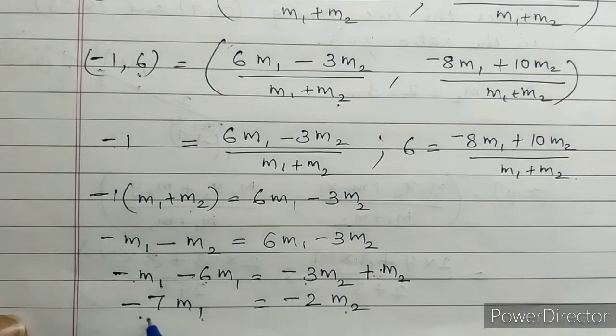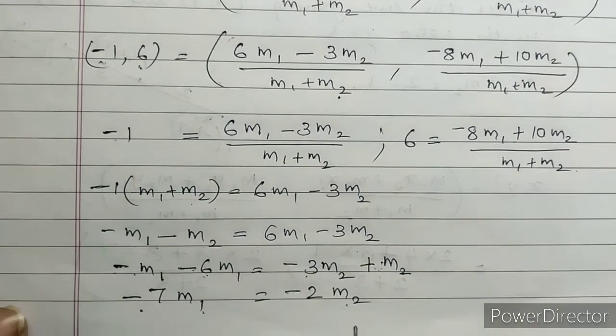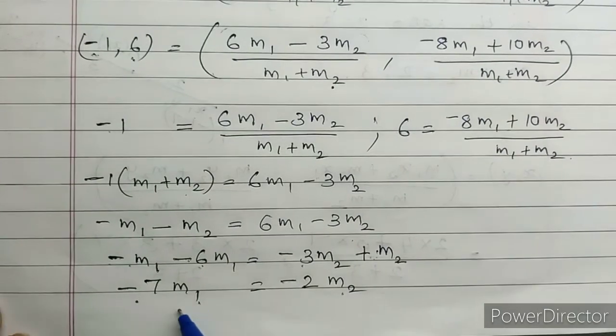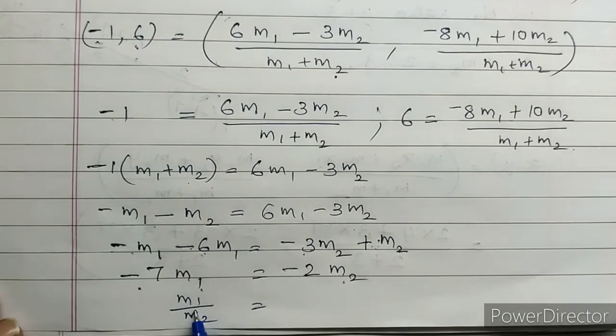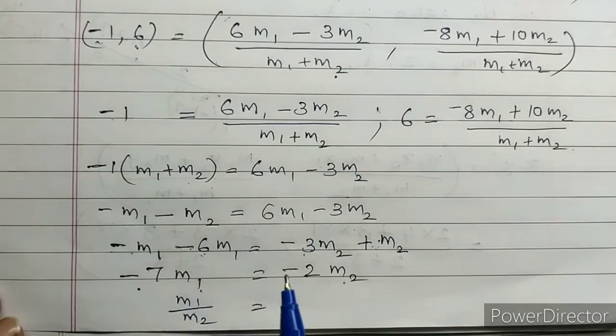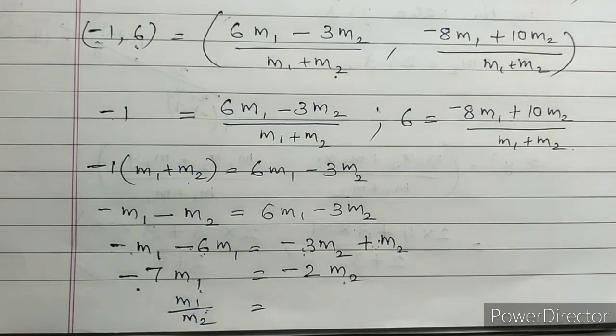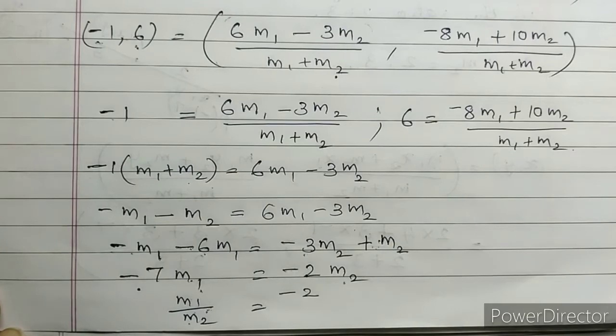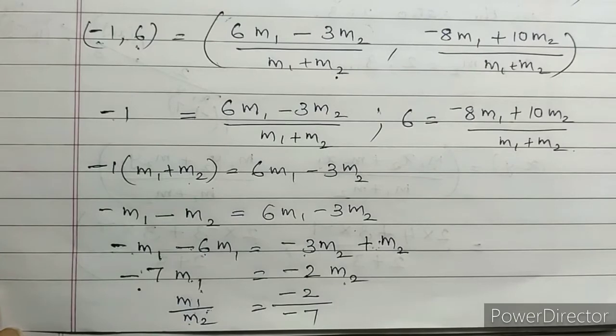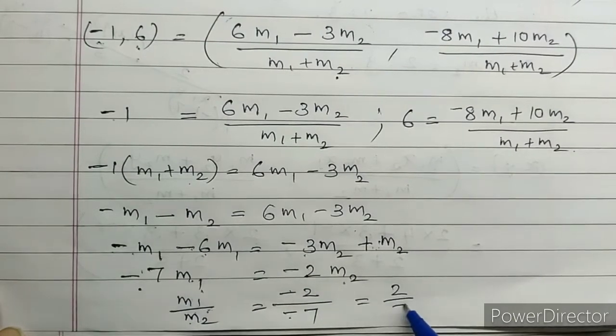You can write this as both the negatives you can cancel, or afterwards you can cancel that. So you need m1 by m2. m1 is to m2 you can write in p by q form also. Ratio, when you have learned in lower classes, you have learned this. m1 is to m2 you can write as m1 by m2, p by q form. So m1 you have taken here, m2 down it has come. So negative 2 is there already, first you should write this. Then minus 7 will go to the other side, it will become division. Negative negative it will become positive, that is 2 by 7.